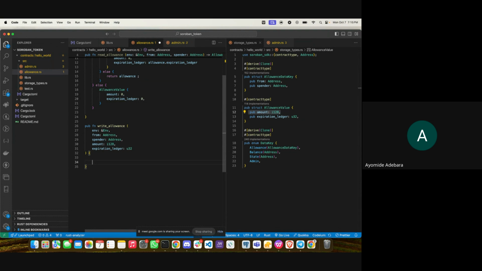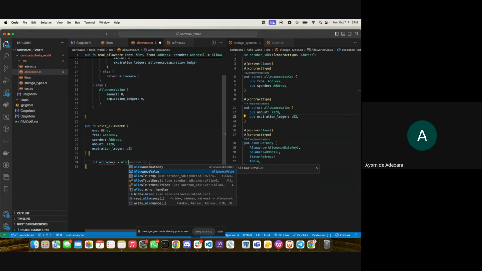The first thing we want to do is we want to create our allowance. So let's create the allowance. What allowance are we creating? Let's go to our storage types, which is serving as our data structure. So this is what we are trying to create. We want to create an allowance value, that is how much we want to allow for the person and the expiration ledger. So we'll name that allowance. And then for the allowance value,